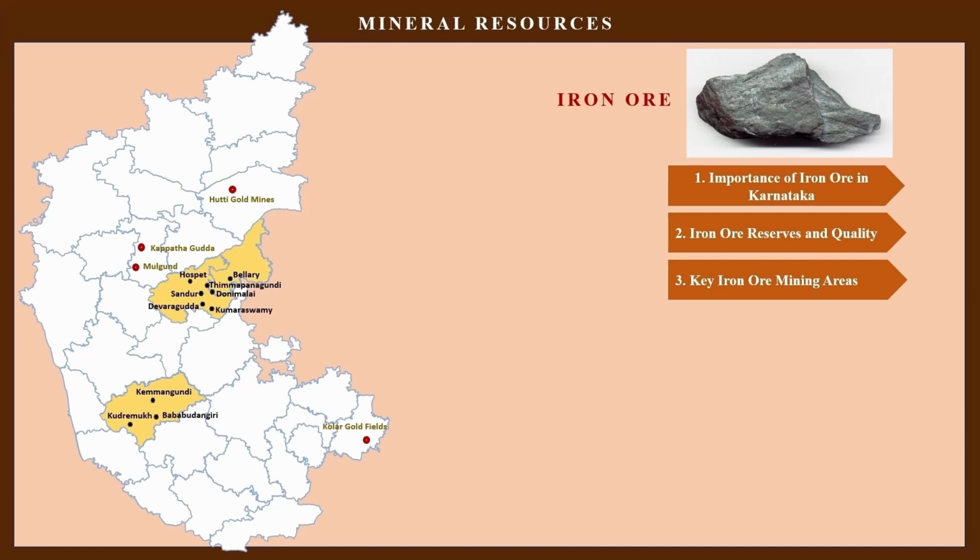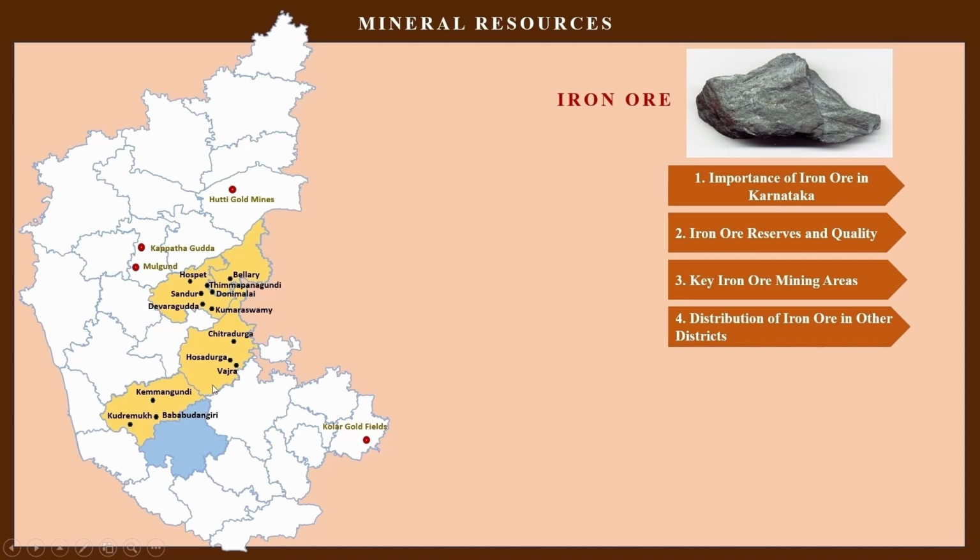Next, we have the Chikmagalur district. It is the second largest iron ore reserve area, and the places include Baba Budangiri, Kemmangundi, Kudremukh, Gangamula, Kalhatgiri, and so on. Baba Budangiri contains both magnetite and hematite ores across a 30 square kilometer area. Kudremukh also contains rich hematite ore and magnetite, but extraction is stopped in this area due to the presence of Kudremukh National Park.